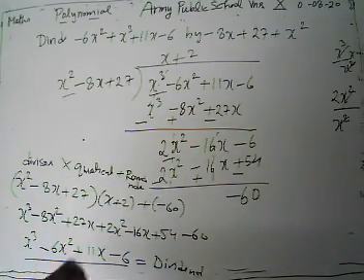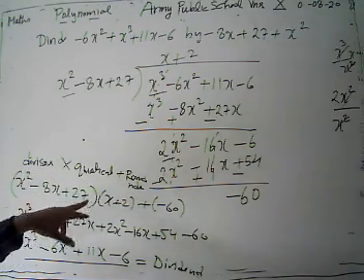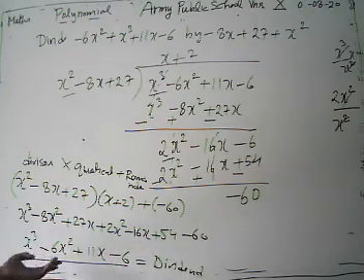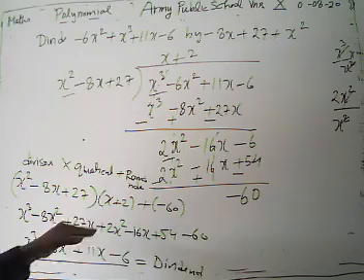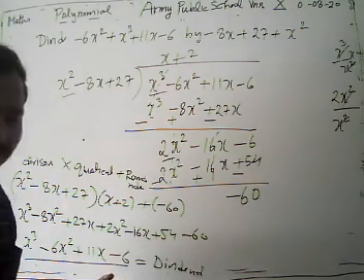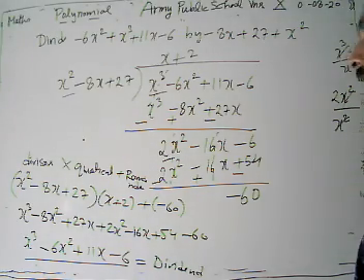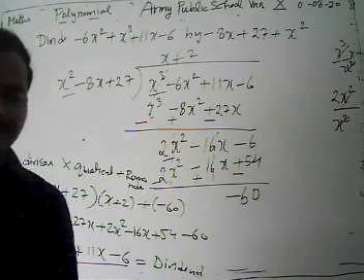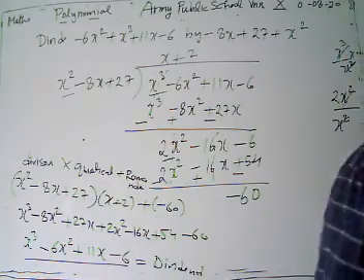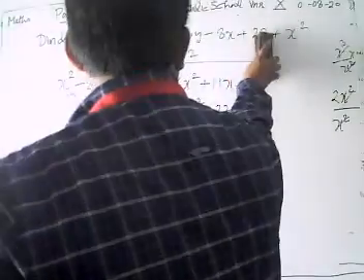Now after the complete division, we have to verify our division algorithm. We take divisor into quotient plus remainder, multiply this, and after solving we see that divisor into quotient plus remainder is equal to our dividend. This is our division algorithm. I hope all of you are understanding, and please practice, take some examples from your NCERT textbooks. First of all, divide, and then verify the division algorithm.